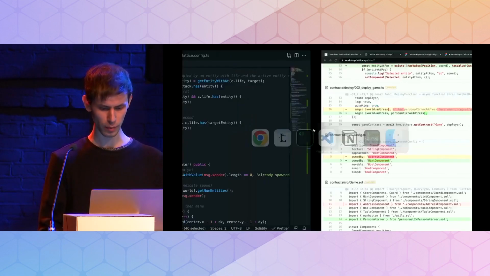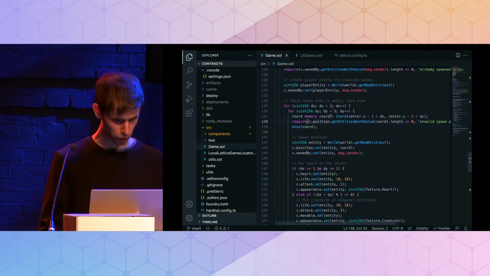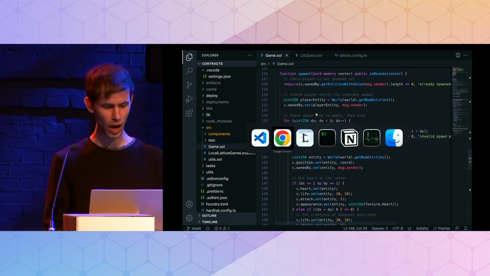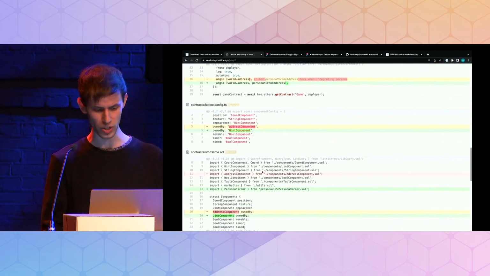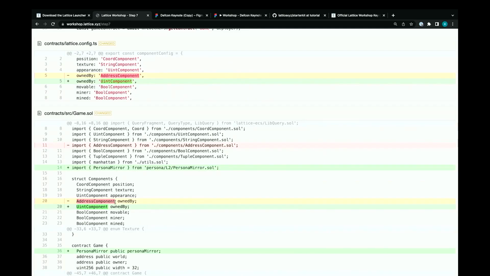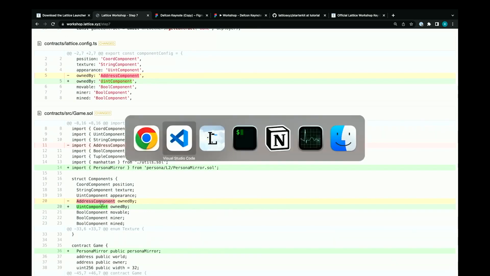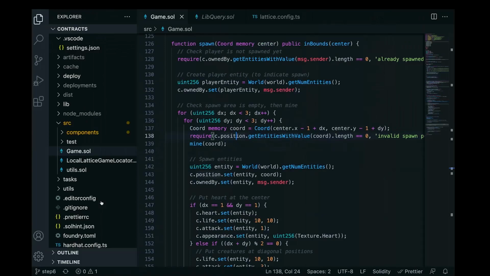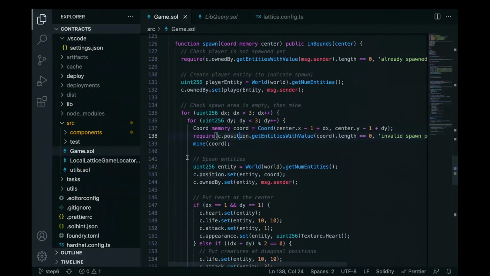Okay, so I'm gonna go into contracts. The first step that we have to do is change the OwnedBy component, that represents ownership, from an address component to a uint component, because Persona is basically a number. So I'm gonna go into Game.sol,